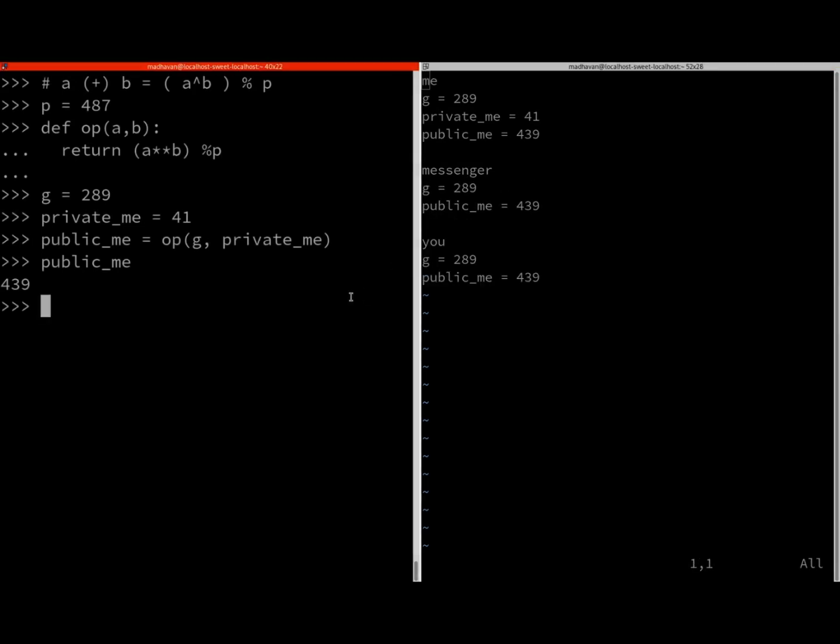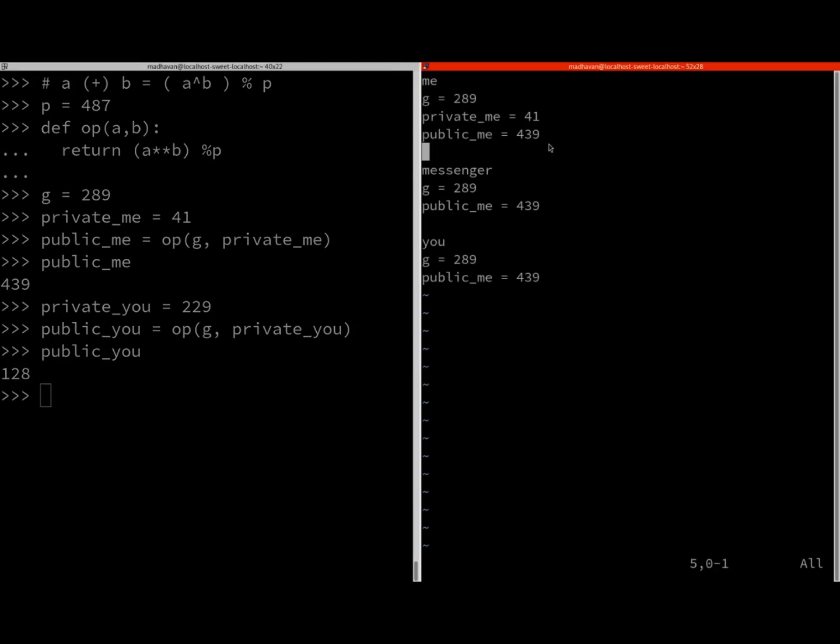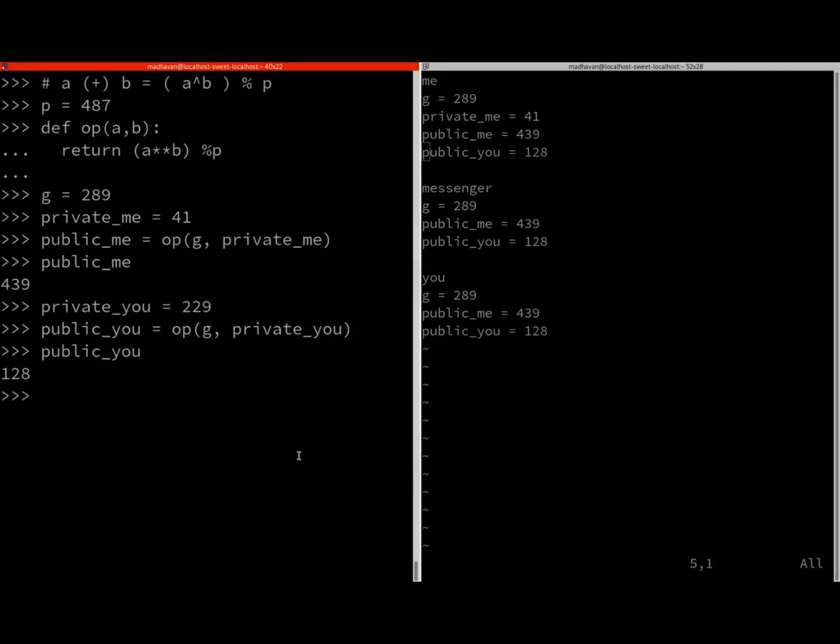Cool. So what are you going to do? You are going to select a private number for yourself, let's say 229, and you're going to generate a mixture. You're going to mix these colors again, and you're going to send public you to everybody. Cool. So now everybody knows the generator, the public me, public you, right? Now the shared secret that I am going to generate is going to be a mixture of what you sent me